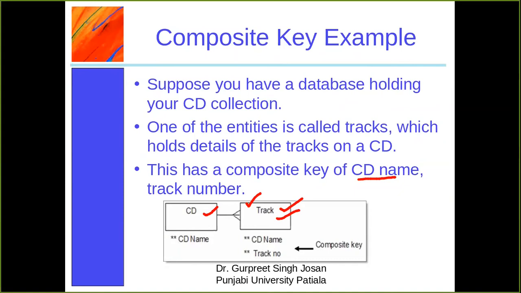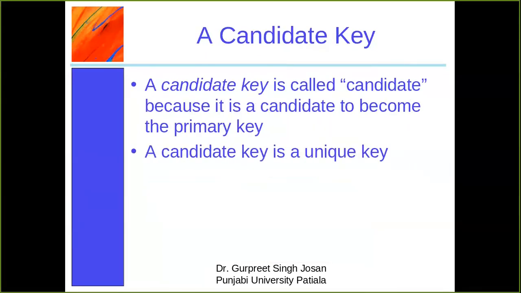So there are a lot of situations where you need to combine two or more columns to create the composite key. Then comes the candidate key. All the columns that have the property of uniqueness can be candidate keys, because there are chances that some table may contain two or more columns that have the same uniqueness property. For example, for a vehicle, we have a chassis number, engine number, or we can have a registration number also. Both are unique. Chassis number or engine number is unique for every vehicle, and registration number is also unique for every vehicle.